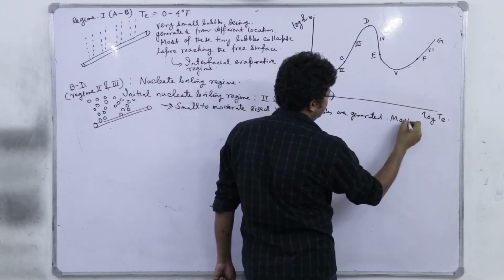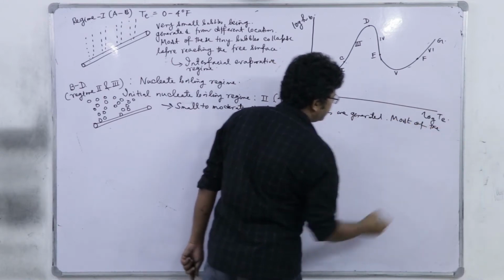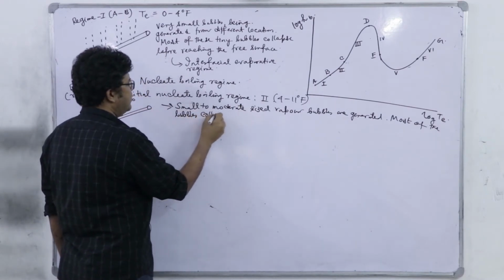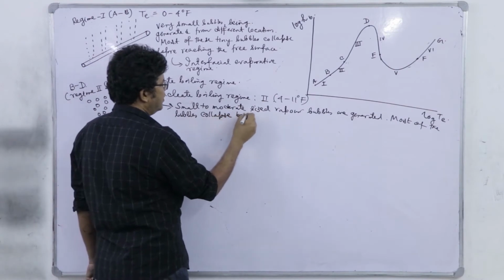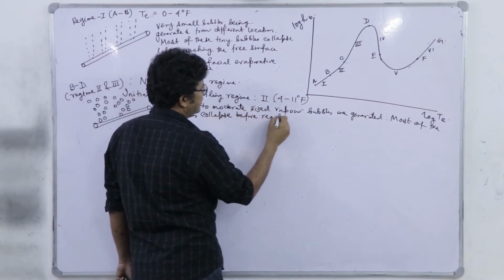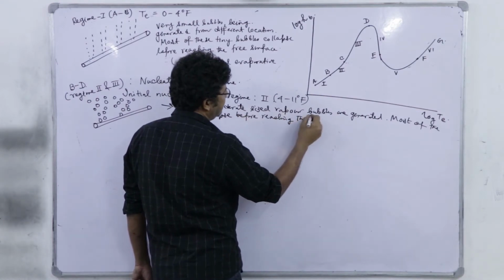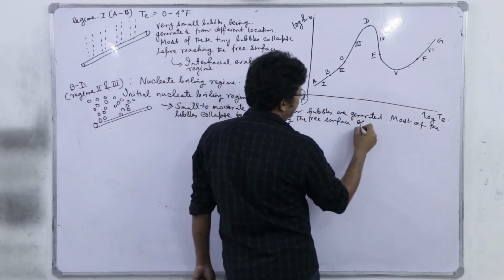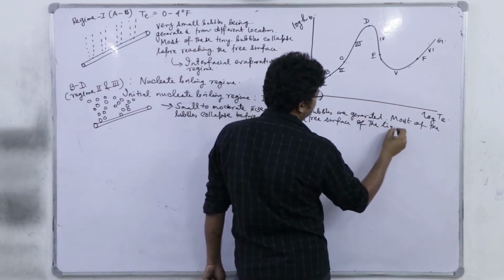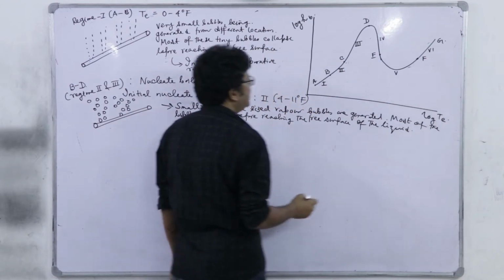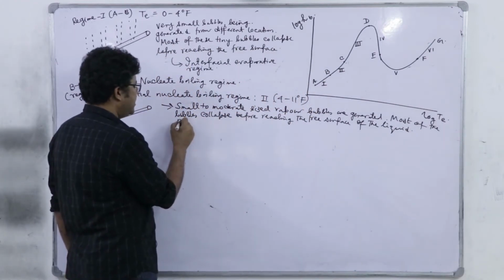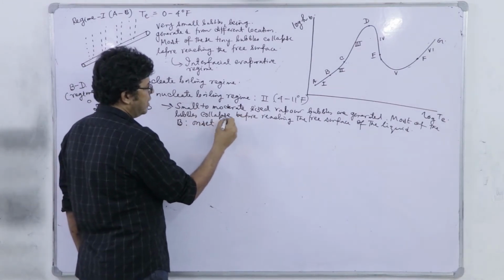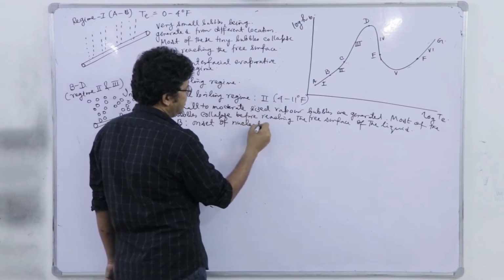Most of the bubbles collapse before reaching the free surface of the liquid, right. And point B is marked as onset point or onset of nucleate boiling,